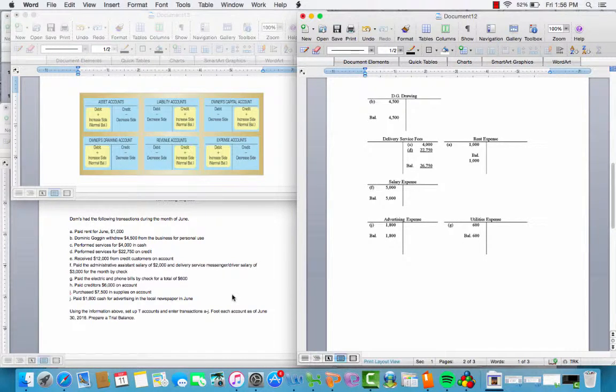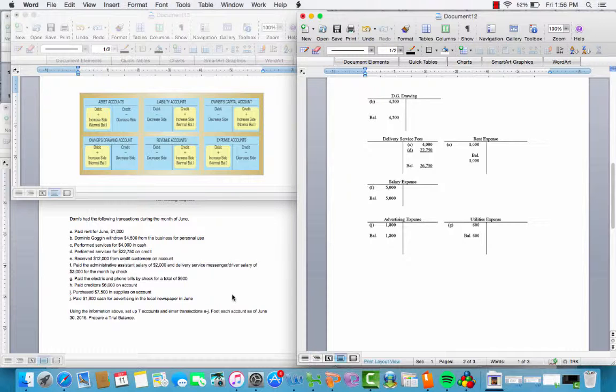So that's just a breakdown of how to go about categorizing these transactions. This is something you get a lot of practice with throughout the course. I know this is kind of foreign to students trying to use these T accounts. It's really just a lot of practice going through this, and after a couple weeks, this will become second nature